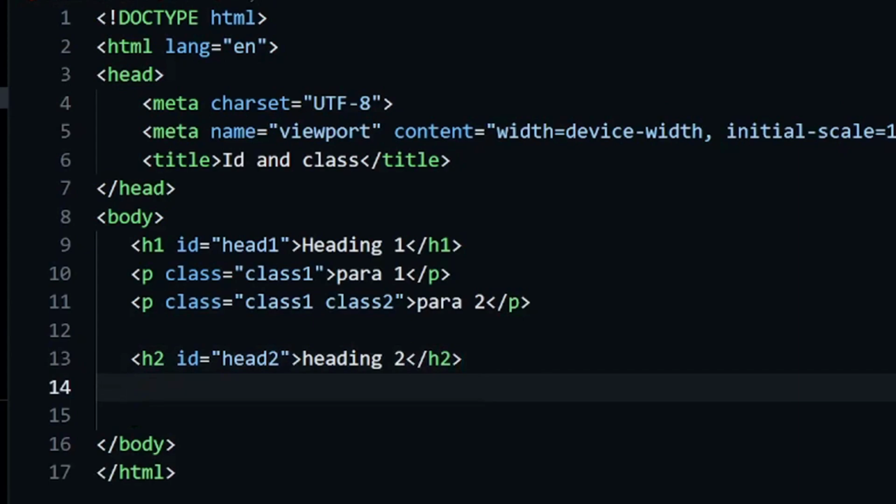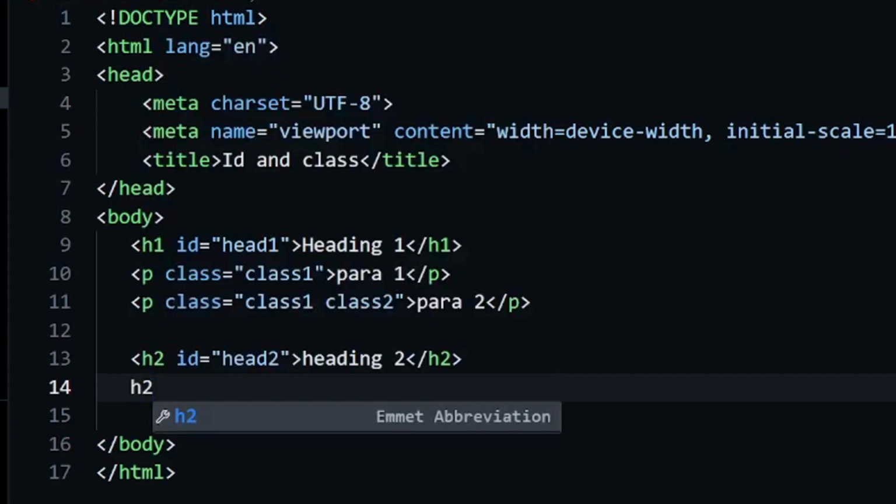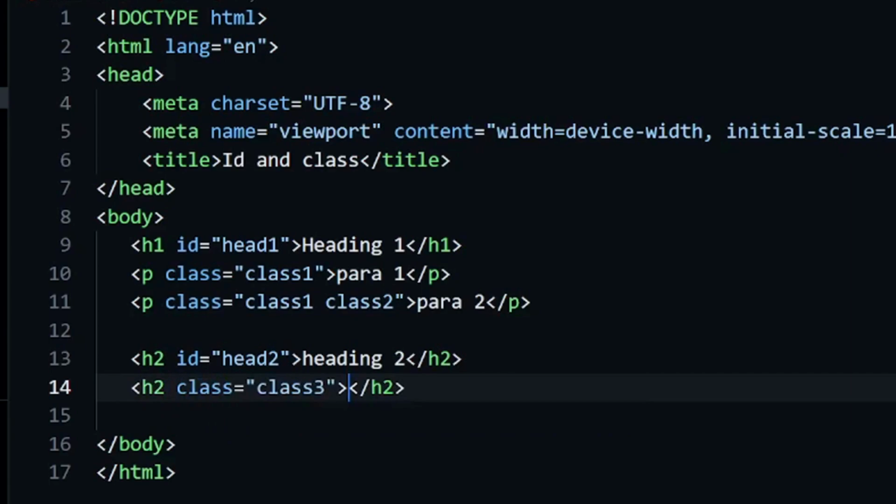If I want to write an element with some class, for example, I want to write h2 with class 3, for that I can use my element name. For the class, I have to use a dot, then the class name.